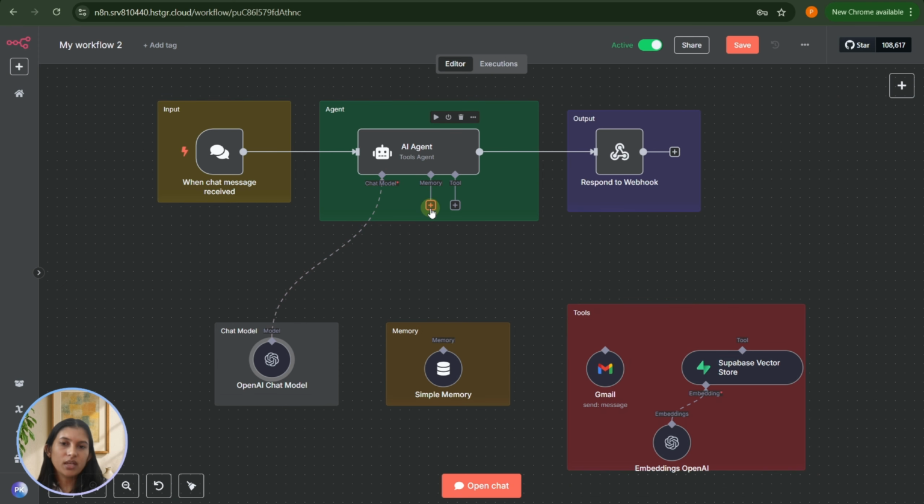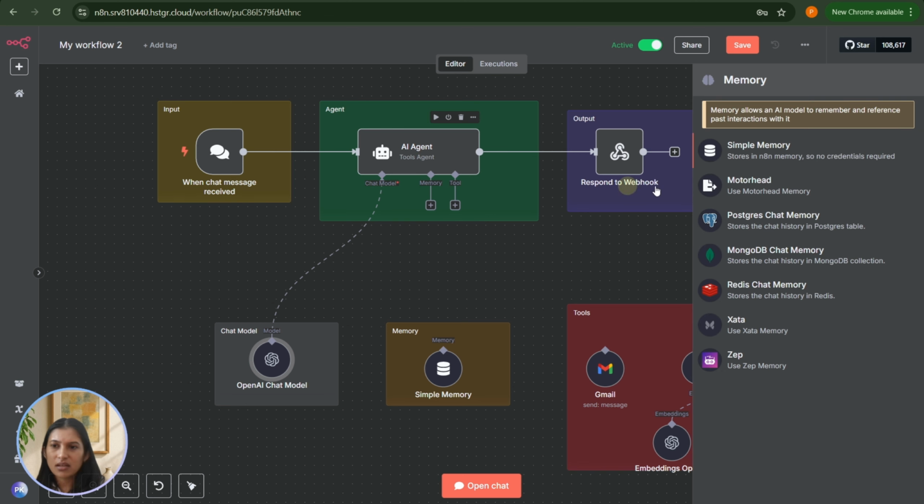After the chat model, we can select the memory so that our AI agent remembers previous conversations. So what can be the use case where we need to remember the previous conversation? Let's think of a WhatsApp AI chatbot or Instagram chatbot, wherein the user asks a couple of questions and we need to remember the previous conversations and answer them accurately.